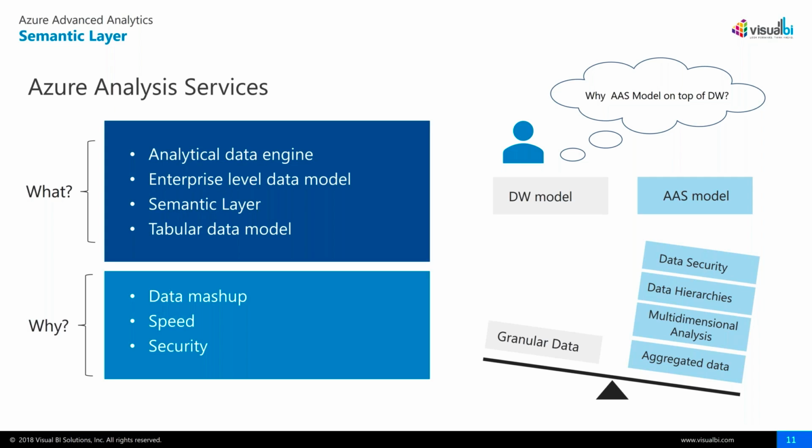Tabular models themselves can run in memory, or you can use DirectQuery. So they offer the ability to not just pin everything to memory, but to query maybe your data warehouse or other sources directly if you need that more real-time access to data. You do take a performance hit here, but you still have those gains with the semantic layer. Your relationships are defined, familiar terms, all those things still stay in place.